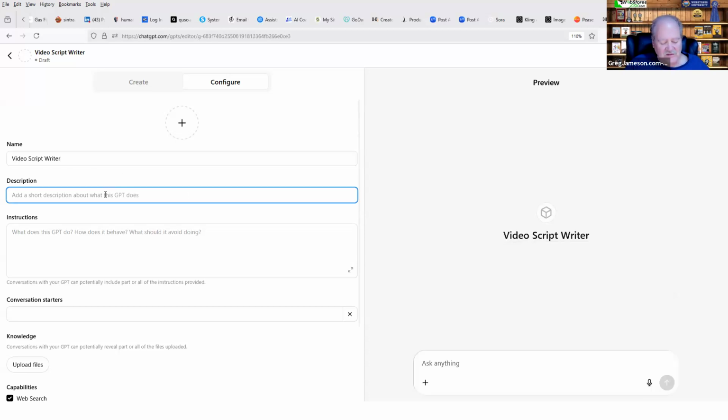And what this does is it uses input from the user to create video scripts about a specific topic and outputs this into standard video script format.